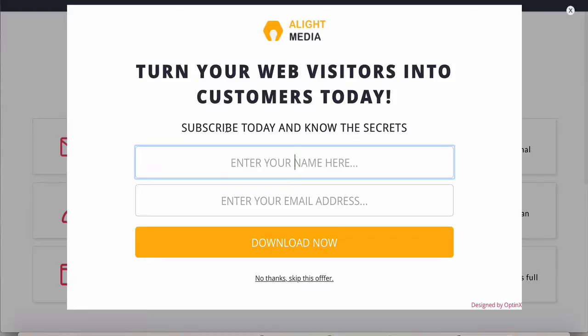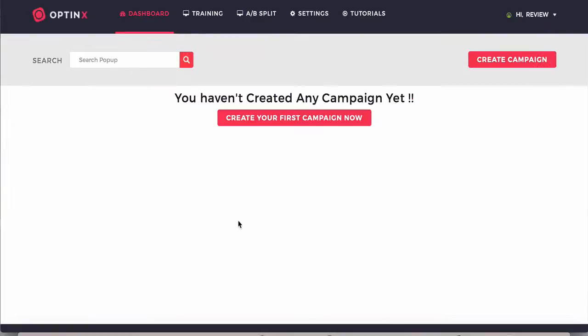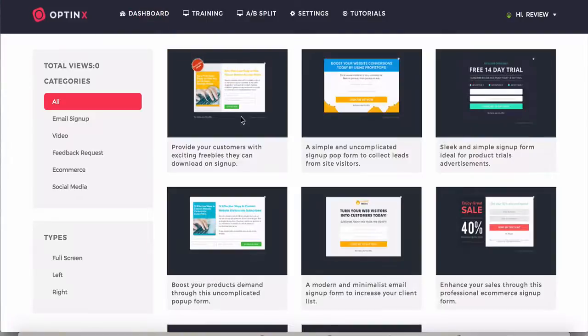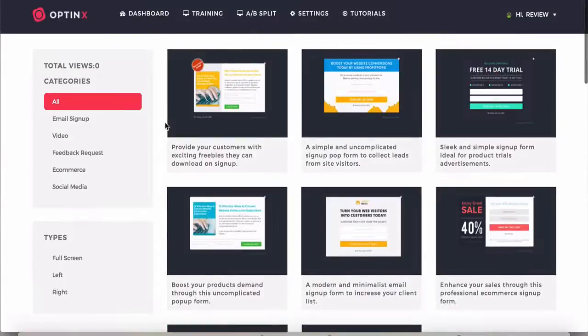Those so far have been demos of what you can achieve by using the app. So if I move here, this is a fully cloud-based interface, fully in the cloud, fully web-based, which means you can access it from anywhere with your login. So I'm going to log in right here, and this is how it looks like. Obviously, I don't have a campaign yet, so it encourages me to create one. So I'm going to click create your first campaign, and here it takes me to the beautiful categories page with